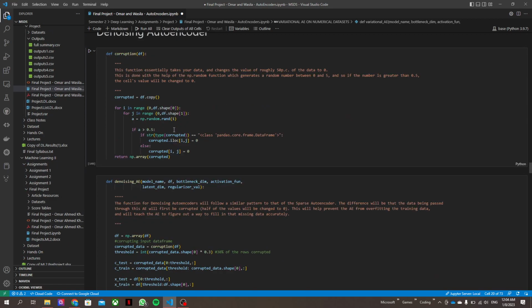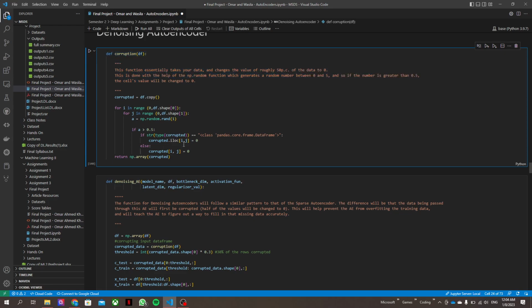So the denoising autoencoder is one in which you essentially send in corrupted data as your training data, and then that is compared to your actual output. So the autoencoder learns what to ignore from your data or what to chuck out. So that is basically a corruption that's being dealt away with, and it's learning how to replace missing values in this. So the first thing that I did was that I defined a corruption formula, and this formula essentially generates